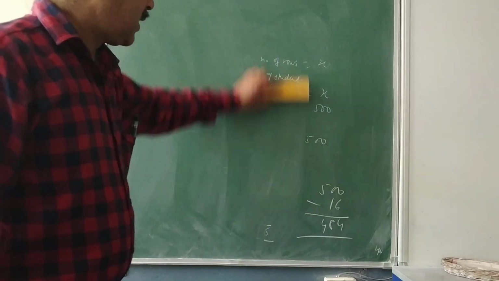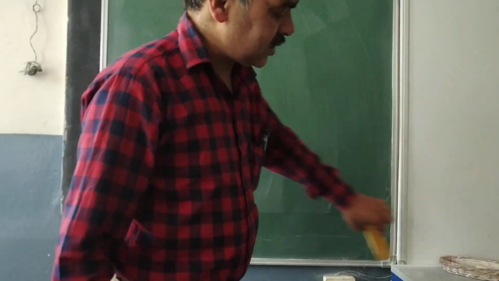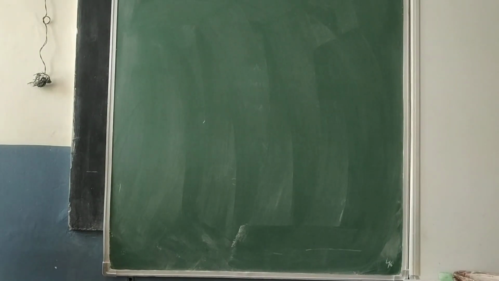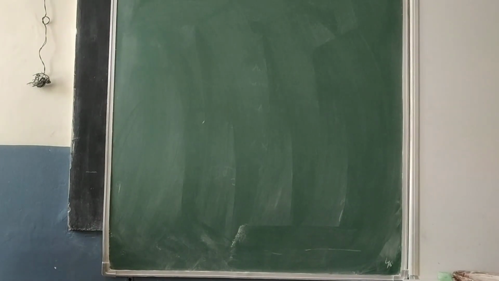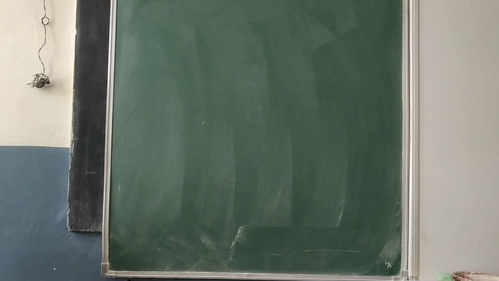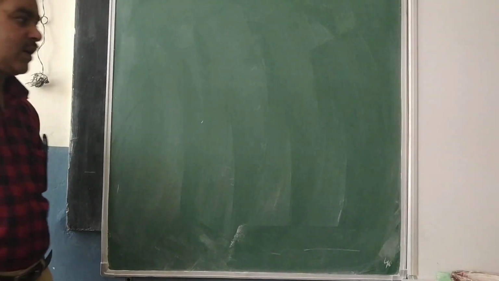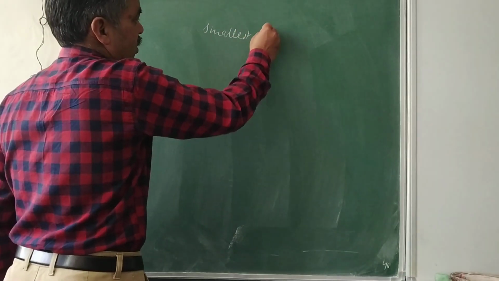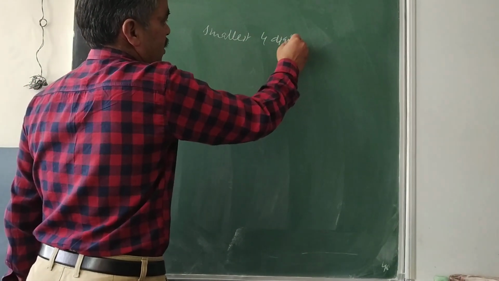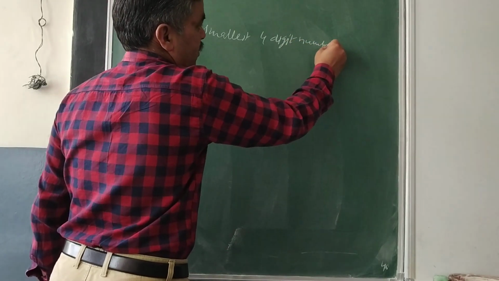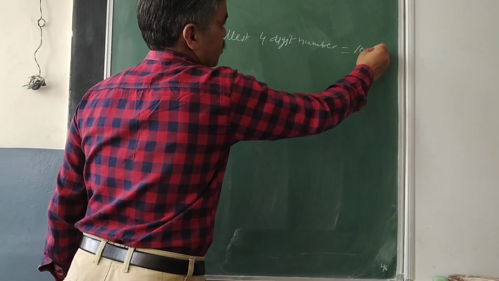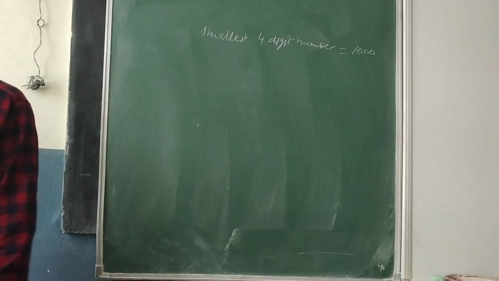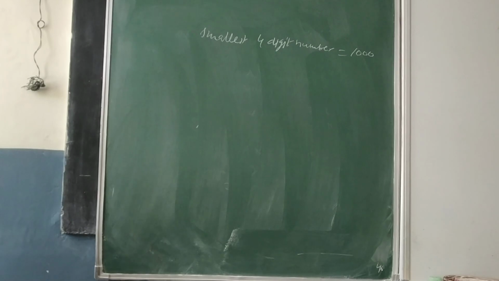Now another question that is opposite to this. Yesterday I was sharing your question number 13, which must be added. So you check your question number 19 here. Find the smallest 4-digit number which is a perfect square. Find the smallest. So the smallest 4-digit number. What is the smallest 4-digit number? You need to write definitely 1000. So the question is, find the smallest 4-digit number which is a perfect square.